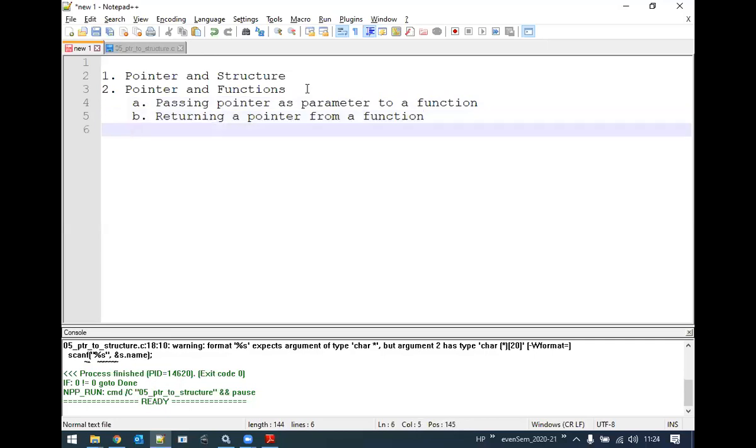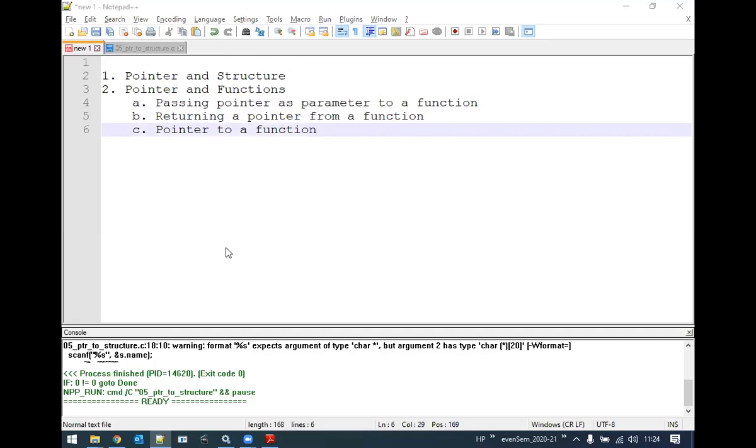And third is a pointer to a function. So in the relation between the pointer and the functions, we are going to cover three different concepts. The first one is passing a pointer as a parameter to a function, returning a pointer from the function, and a pointer to a function. Let us focus upon the first part.